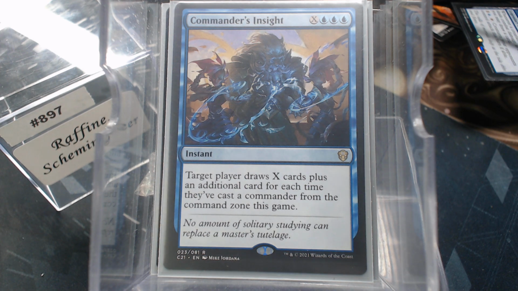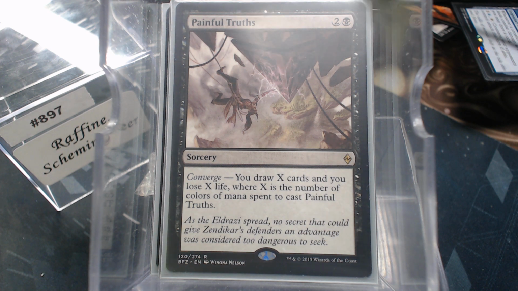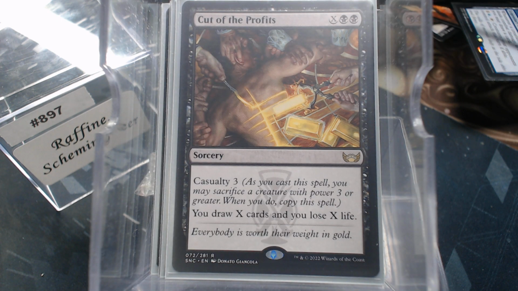The Commander's Insight draws X cards. Painful Truce, we are in 3 colors. Cut of the Prophets, draw X and lose X. So, now,